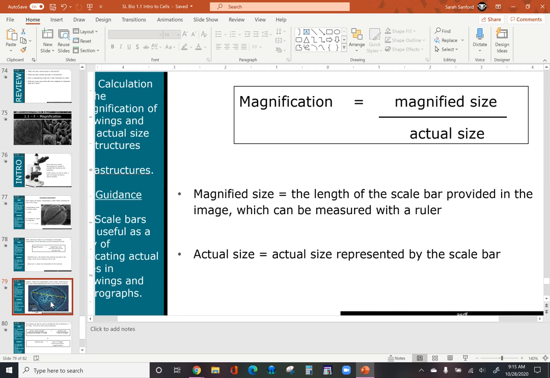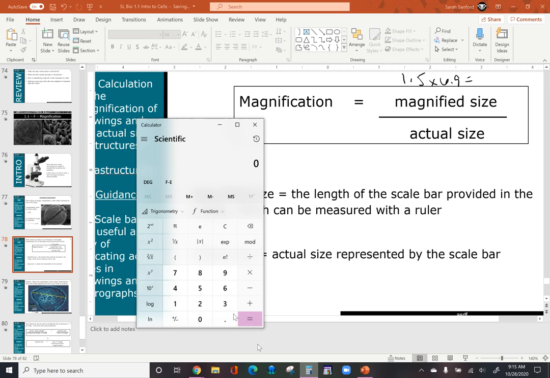So that would be our 1.5, right? So 1.5 times 6.9, because that's how many of them there were. 1.5 times 6.9 equals,